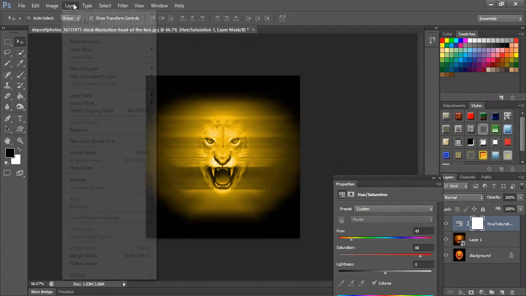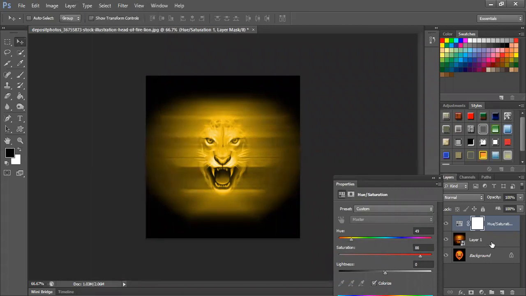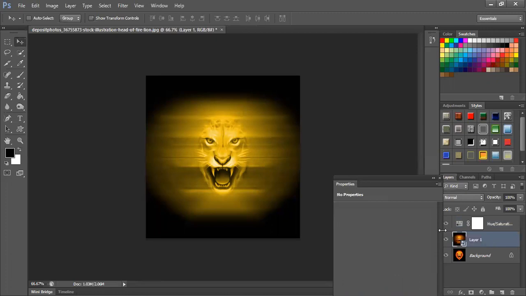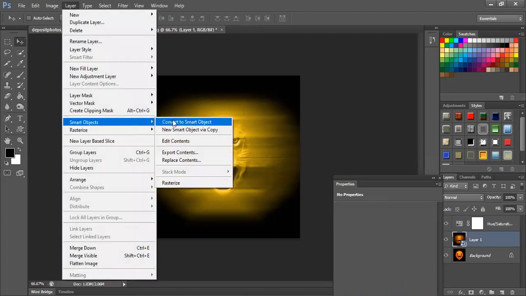Still can't find it? Surbhi, did you go to the layers panel? Did you do it in the smart objects way? Have you converted it to a normal layer? Then you can just go to your Layer option, Smart Objects, Convert to Smart Object. You should find this. You can't do the right click, so you can go here and try.